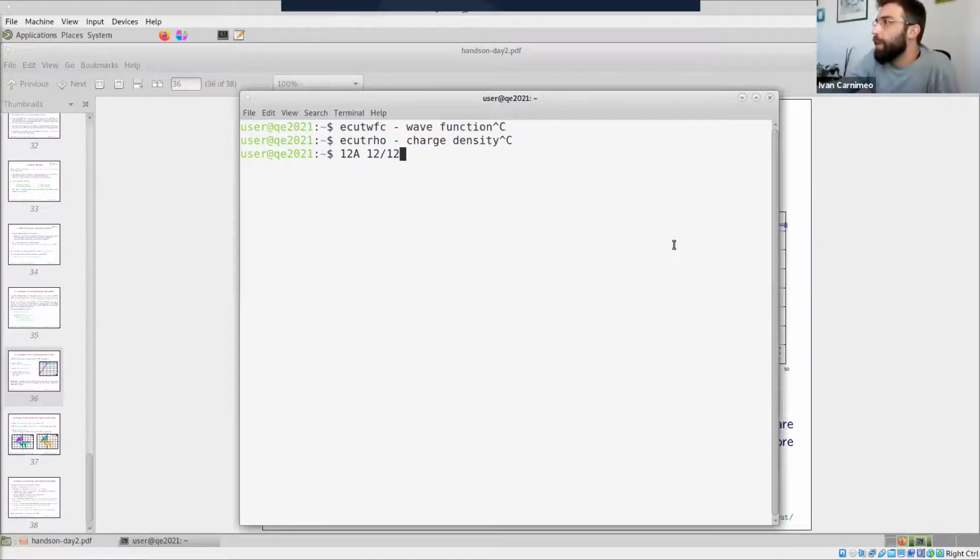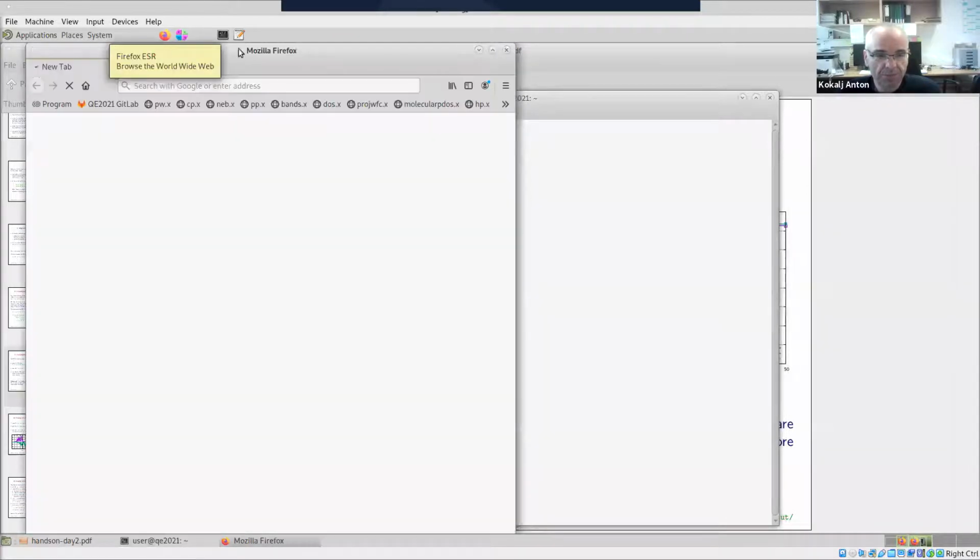Okay, so another question from the streaming now. How can I include the electric field effects in the input file? The electric field effects, okay, I don't know whether these will even be covered. So I think it is better that I show